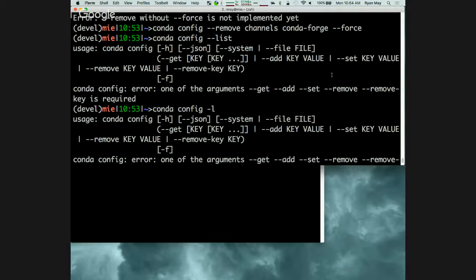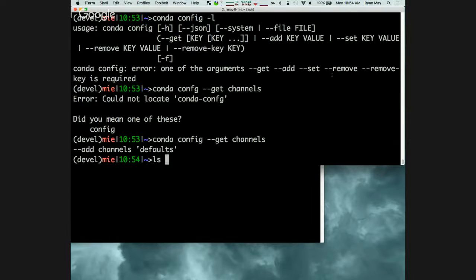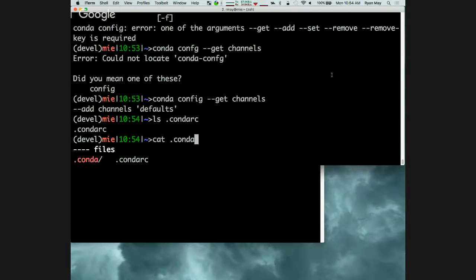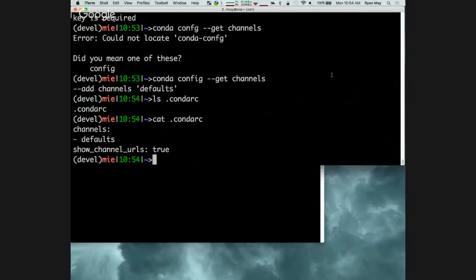Or if you are comfortable with the command line, in your home directory, there's a .condarc file. If you look in there, there's all of your configuration information. Often I find it easier just to edit that file, but doing it from the commands that Conda provides is perfectly good too.